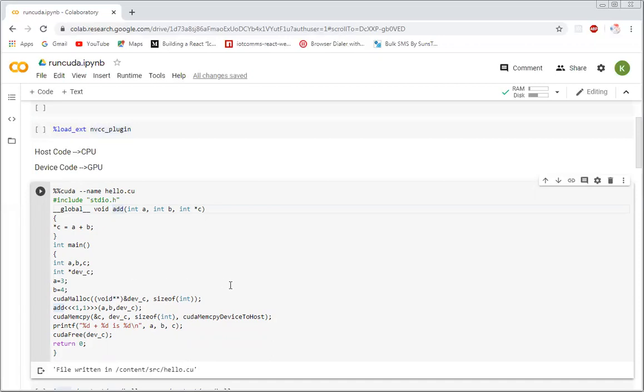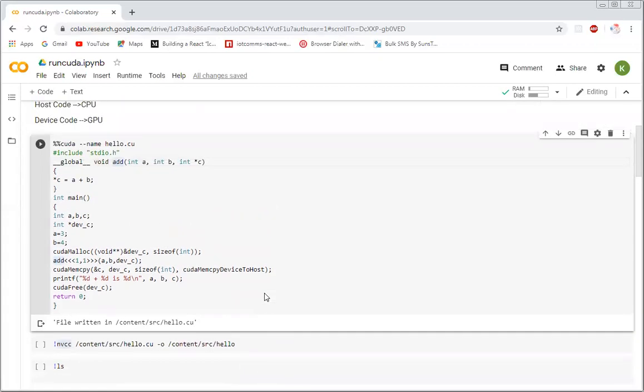What does this NVCC compiler do? NVCC compiler actually works very nicely. It understands that this CUDA program may have host code as well as some device code. So it internally compiles the host code with the host C compiler or linker, and then it also compiles the device code with, let's say, the device JIT compiler.